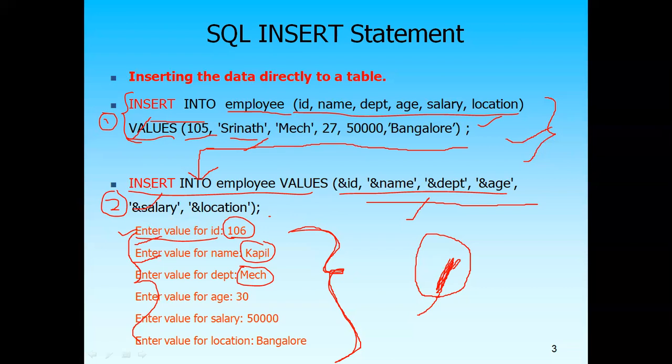My previous command will be the insert command, and because of this ampersand with the field name, it will ask you to enter the values of this field one by one, like this that is shown in this slide, right? So this is the second method. Mostly we prefer this second method to insert the record into the table, because we always want multiple records in the table.